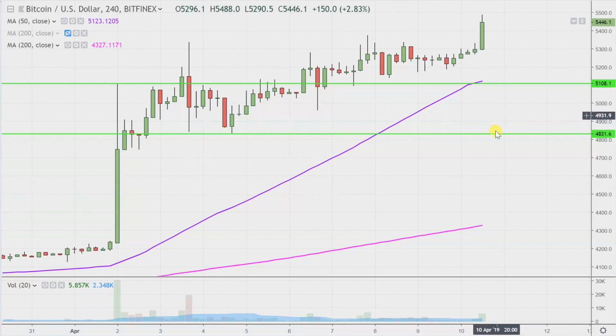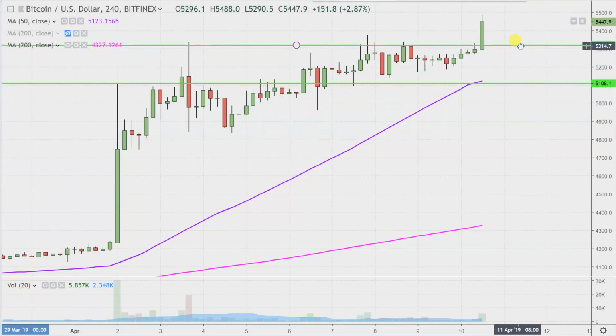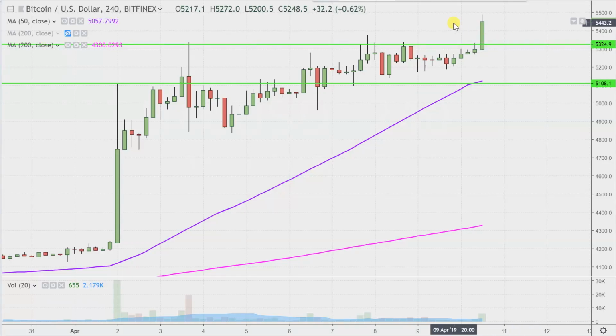Well, the newest areas to keep an eye on, and I'm going to just use this green line here. Question number one to ask yourself when you're pulling this up is, where's the price at relative to 5,300, which is that green line right there? If you are answering the price is still up above 5,300, then this chart is still basically as bullish as it can get. Sure, I realize the price could keep going up, but from a consolidation perspective, if it can consolidate and stay up above 5,300, that would certainly be a very, very healthy consolidation